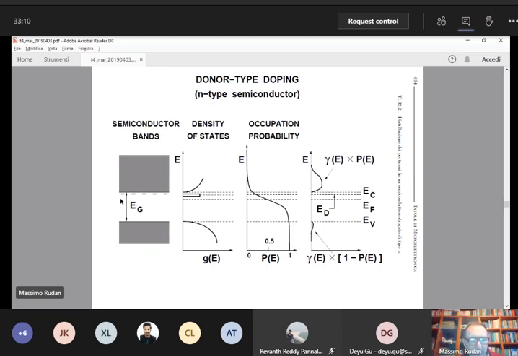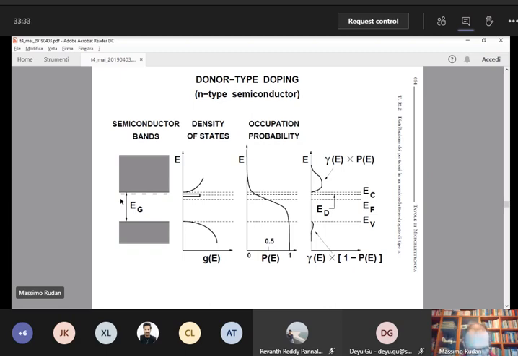So that means that the traps introduced by the donors are neutral when filled with the electron and become positive when empty of the electron. Okay, so they are neutral when filled, positive